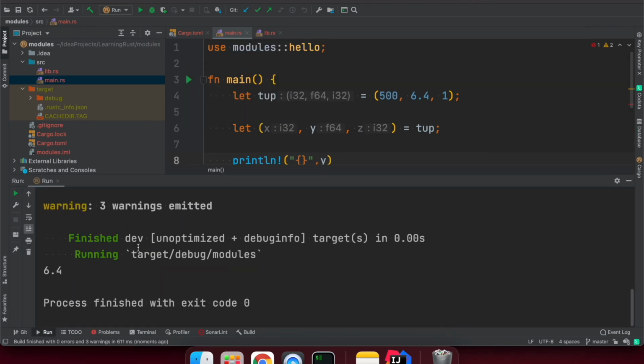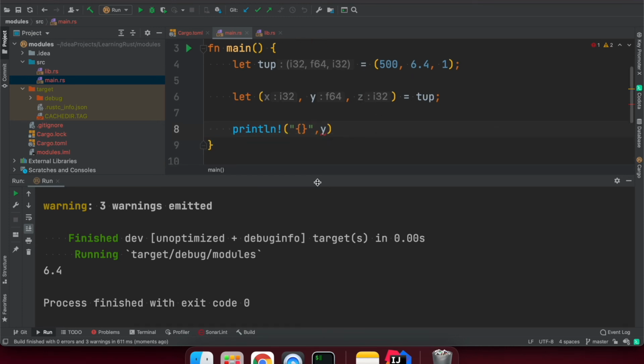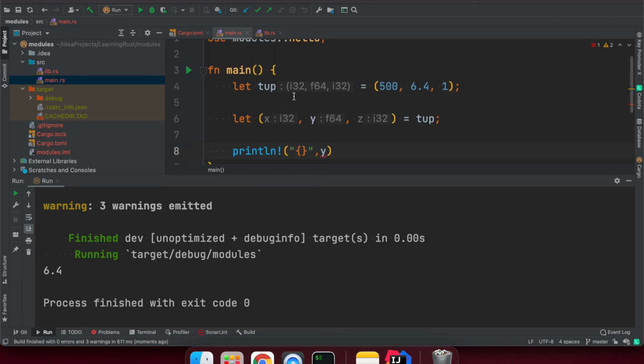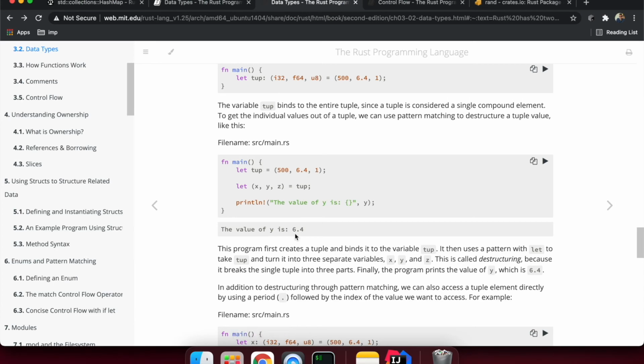It's printing the y position, which is 6.4, so it's working fine. We can access tuple information once we declare it on the right-hand side, and this variable is a tuple. We can get access to individual values through the position, or destructure it into x, y, z. So this is compound types, and how we can use them.